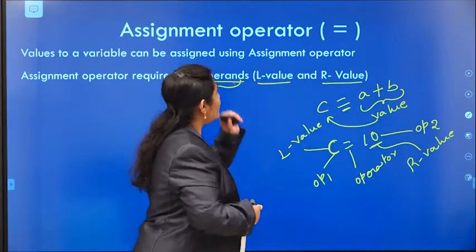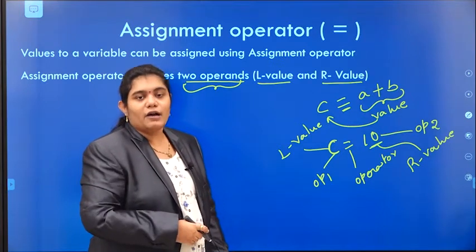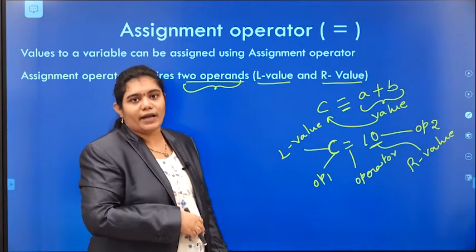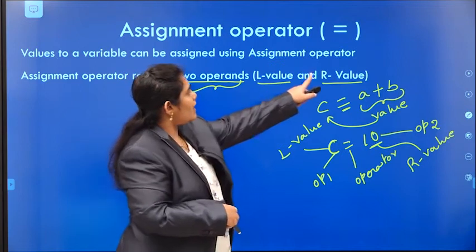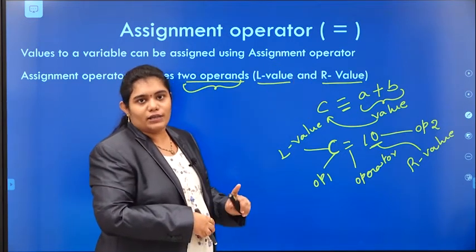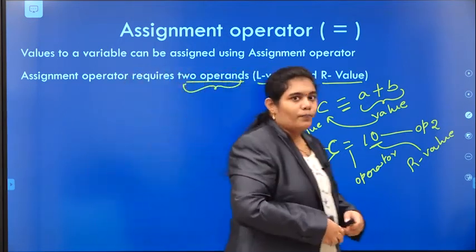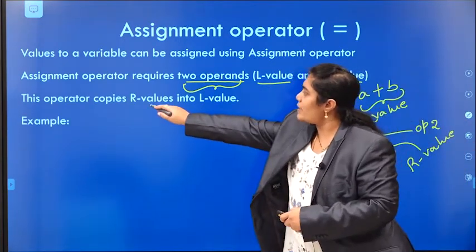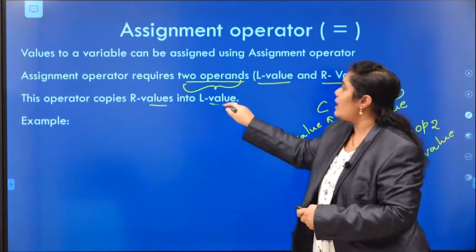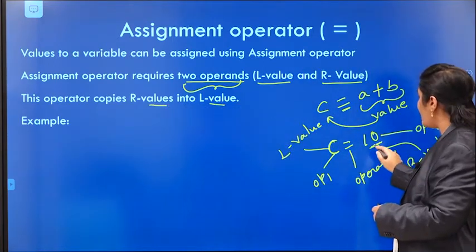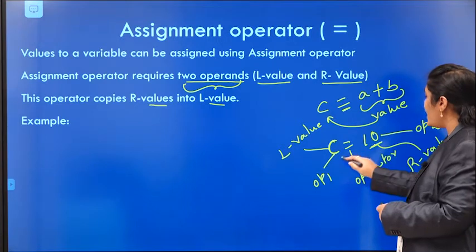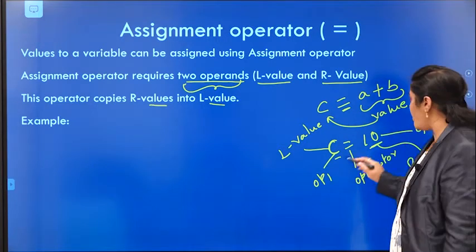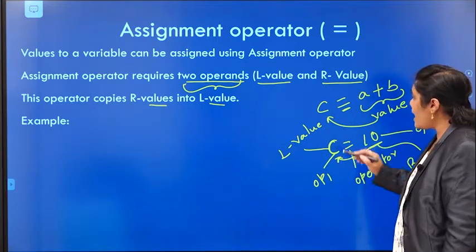So to perform this assignment operation, we require a minimum of 2 operands, which are the L value as well as the R value. Next, this operator copies the R value into the L value. Here we are copying the R value into this L value.